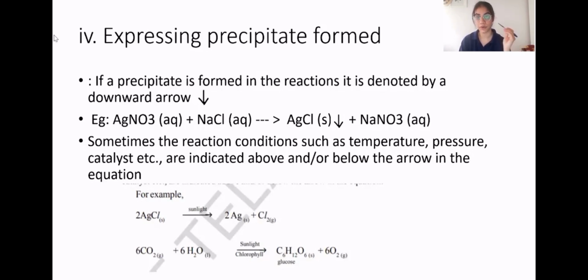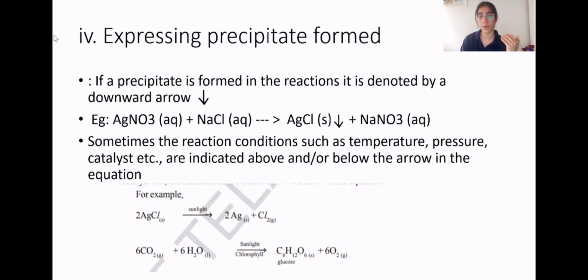For example, if you're providing some heat, you use the triangle symbol just above the arrow to say that you are providing heat to the reactants. Or if you're providing sunlight to the reactants, or you know that carbon dioxide and water in the presence of sunlight and chlorophyll, they form glucose and oxygen. This is the basic process of photosynthesis, the second equation that has been given to you in the form of examples. So sunlight and chlorophyll, they act as catalysts and